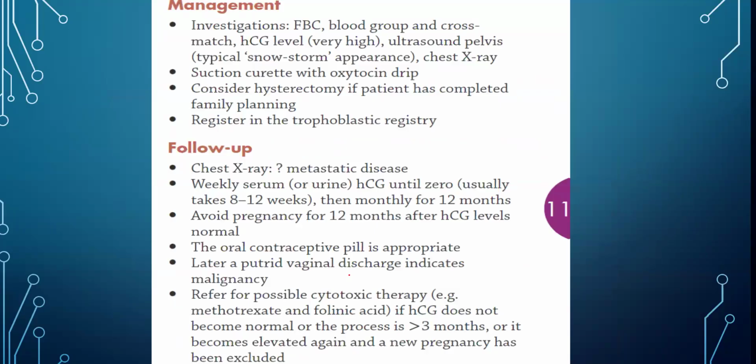So if you suspect molar pregnancy, what would you do next? Definitely, first of all, you need to confirm pregnancy. So you do a urine pregnancy test. Then you send the patient for a beta HCG. You will find out that beta HCG is very high in this patient. So in comparison to the normal beta HCG, this patient's beta HCG will be super high. So that will lead you to think that yes, this could be a molar pregnancy. Then if you need to confirm it, you do an ultrasound pelvis. And ultrasound pelvis gives you a typical snowstorm appearance. And that's the main thing that can confirm molar pregnancy.